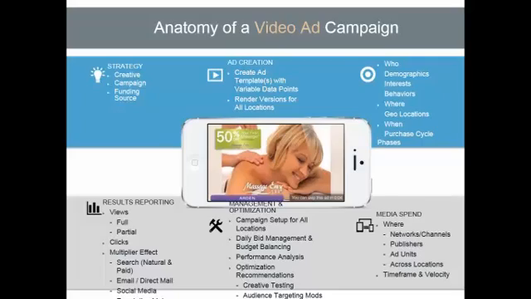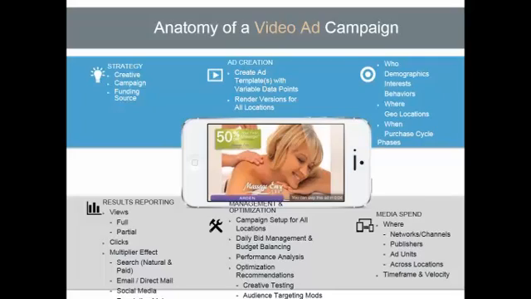Where do we spend this money for them on their behalf? Where do we buy the ads? What networks, which publishers, which ad units, across which locations, and what's the time frame of the campaign as well as the velocity of the spend. The management and optimization piece involves all kinds of setup as well as daily management, performance analysis as well as optimization, and then recommendations in terms of how to optimize creative as well as the campaign and audience targeting,